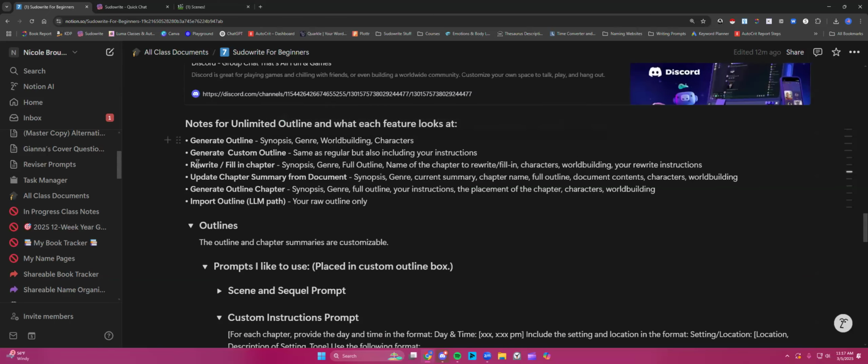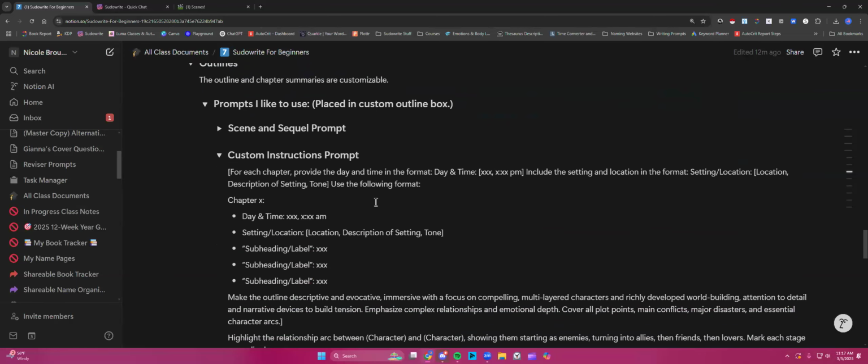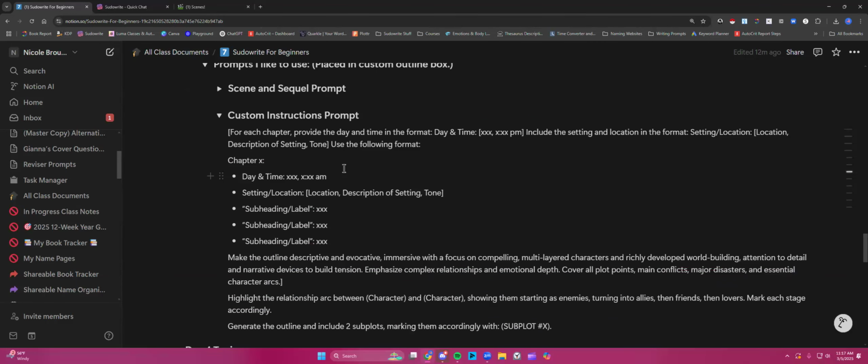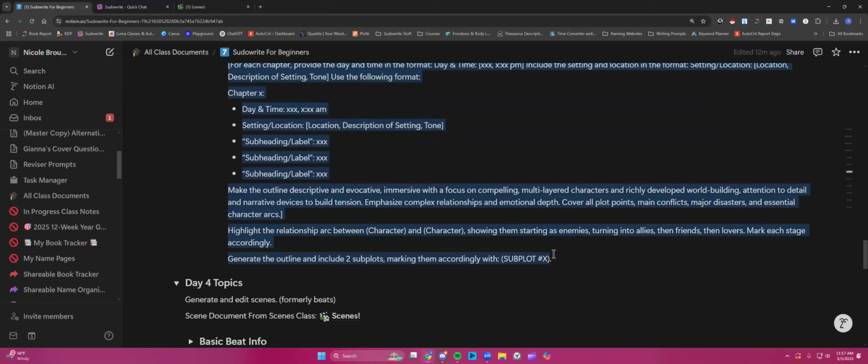All right, so there's some information, and I'm sure they went over this yesterday, but if not, I honestly don't use a lot of these, but these are little things that you can do within the outline. We're going to look at them really quick. We're not going to mess with too much of that and take up the time. All right, so in the instructions box, the custom instructions for that outline, this one right here is my go-to